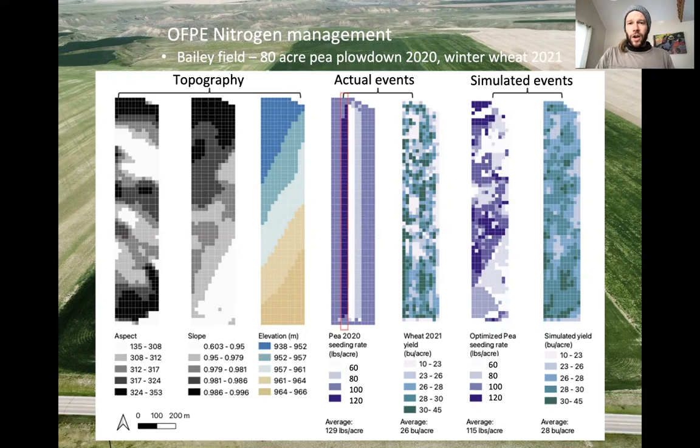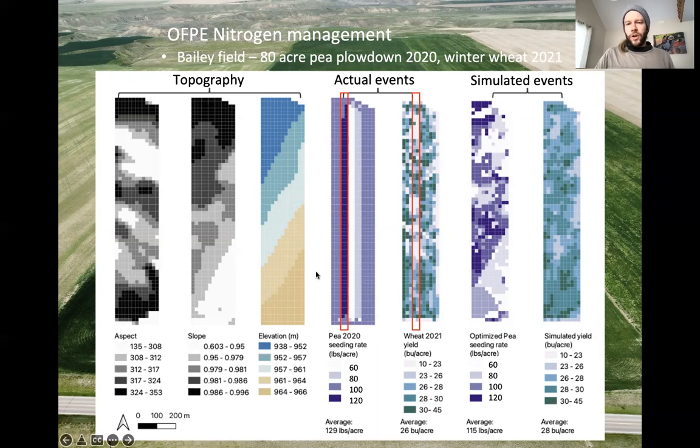And what we actually saw, if I highlight in red here, you can see an example where the dark purple is the highest pea seeding rate. And you can actually see in that area generally a lower wheat yield. And so a different driver might actually be in play. And what we thought, especially after having conversations with a farmer, is that the higher pea seeding rates are actually using up more moisture, thus preventing a higher wheat yield in the following season.